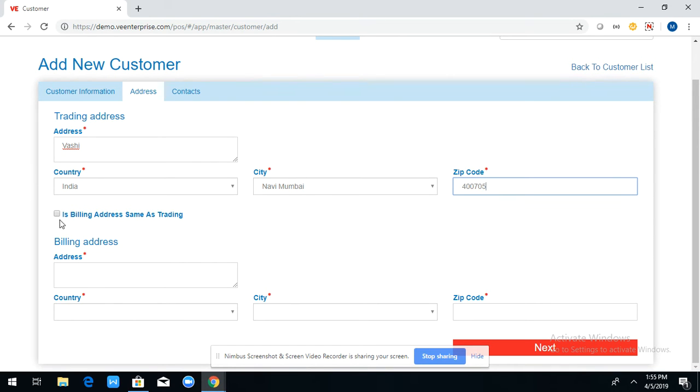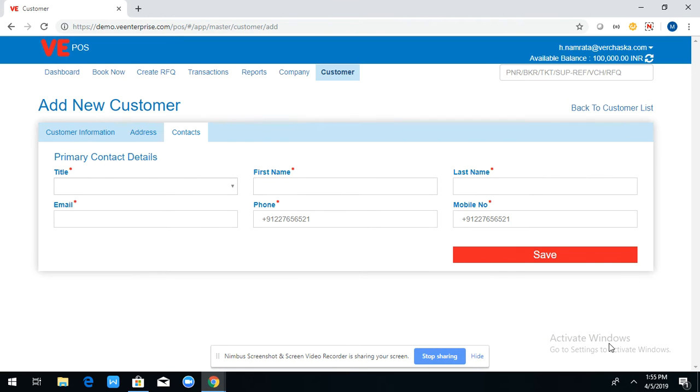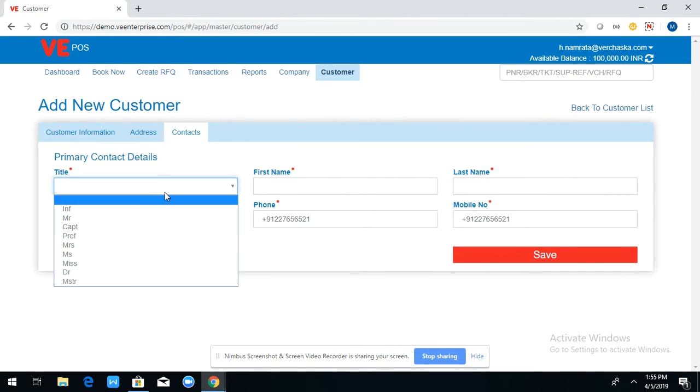Is billing address same as trading? Yes. I click on next. So here I'll mention the details.